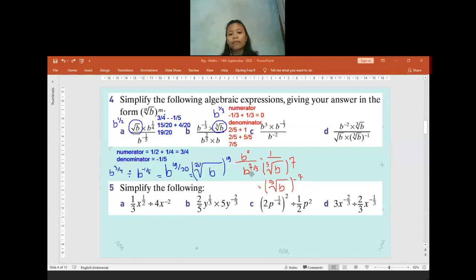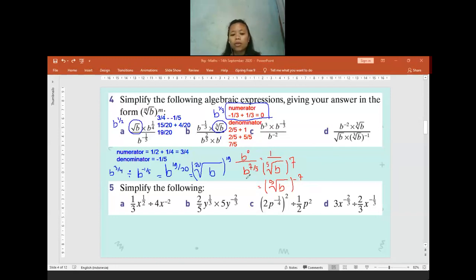Okay, this is the 7 per 5. We got it from the numerator part. When I simplify the numerator, I have a multiplication, so I have to add negative 1 per 3 with 1 per 3. For the denominator, I have b to the power of 2 per 5 and b only. If there is no number, it means there is a hidden power, which is power 1. It is a multiplication, so I can just add the powers: 2 per 5 plus 1 equals 7 per 5.